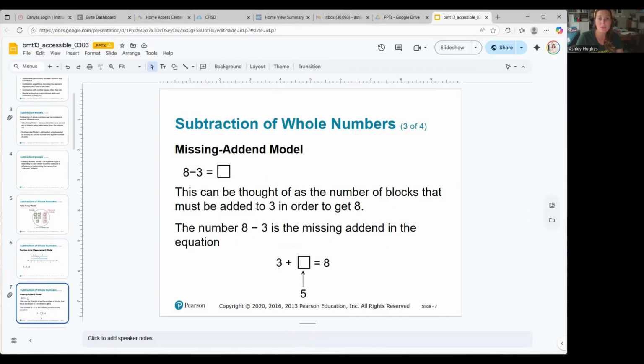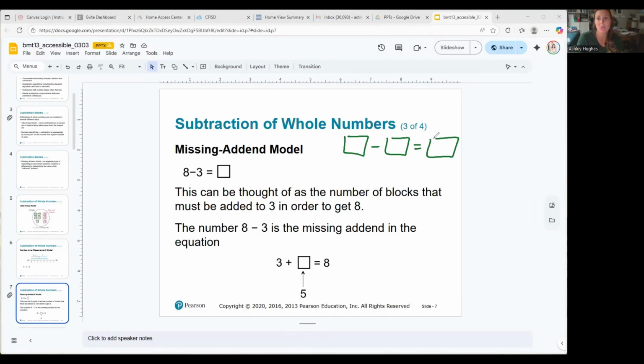And missing add-in model. So this is basically, if you just think about, if you know your facts really well, your addition facts, then you can just think about addition rearranged as subtraction. So something that I've done with students before is Post-it notes, and I don't know for sure if I can find them or grab and show you, but if you imagine physical Post-it notes written down, and then you would switch them around so they can see the relationship between